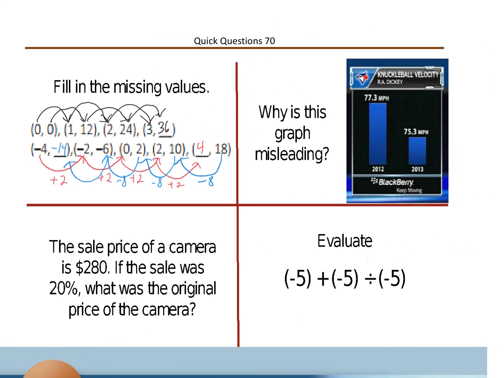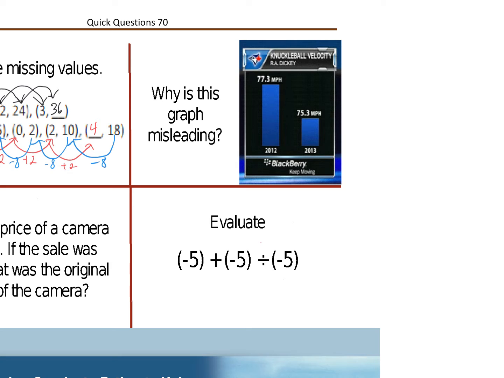Next, we'll come over to the graph, and it says, why is this graph misleading? And it's misleading because when you look at it, the first side has 77.3 miles per hour. That's how fast the knuckleball is. And here we have 75.3 miles per hour in 2013. And if you didn't know better, it would look like this is like half, maybe even less than half, because when you draw a straight line going straight across,